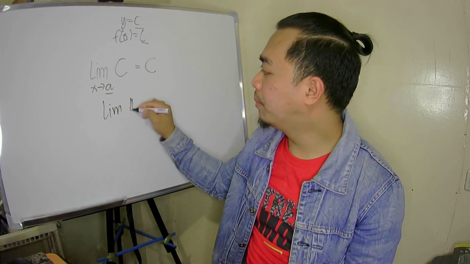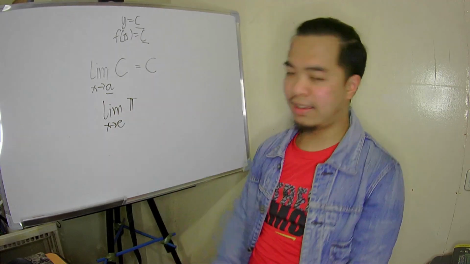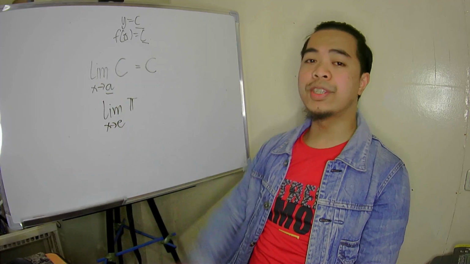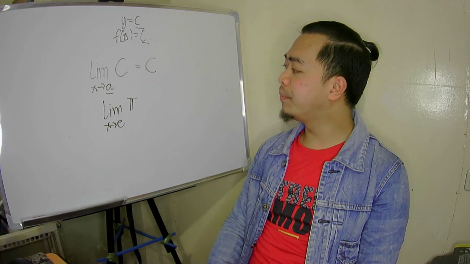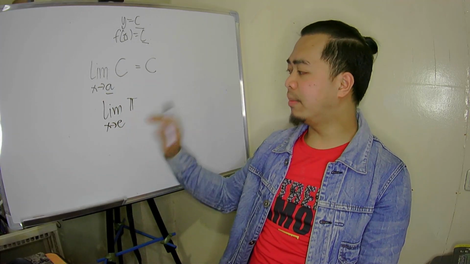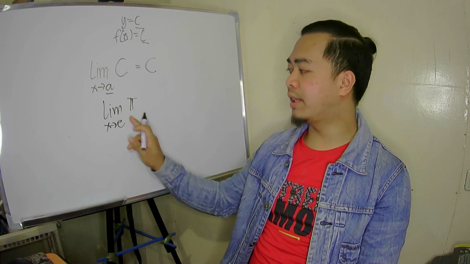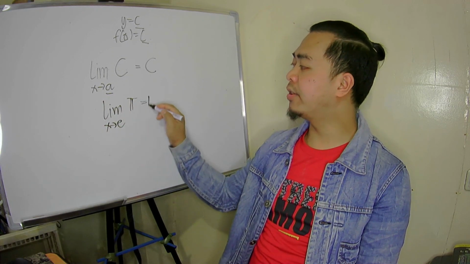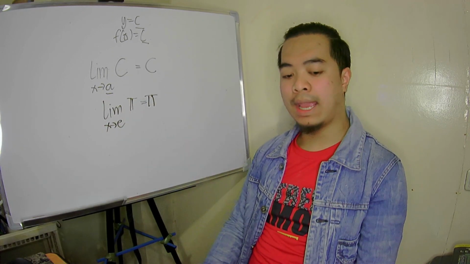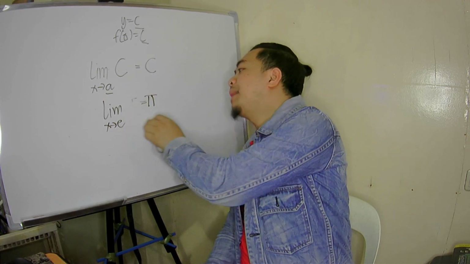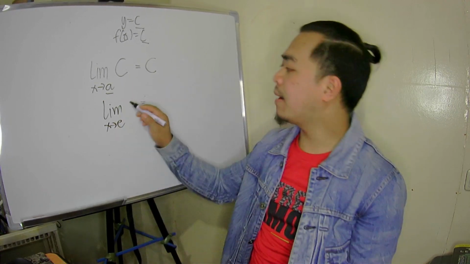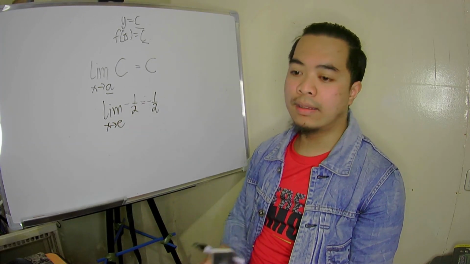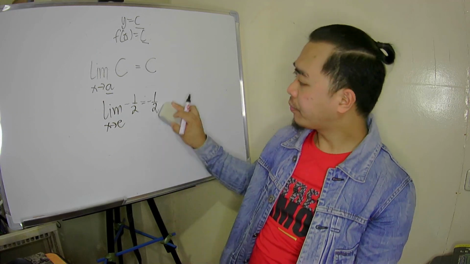So, anong halimbawa nito? The limit of pi as x approaches e. Medyo irrational na kasi yung numbers na ginamit natin, but of course, the limit property still holds. This is a constant, it's a real number. This is also a constant, it's a real number. We do not actually care doon sa kung ano yung ina-approach ni x because the answer immediately is pi. Kung palitan natin ito ng iba pang constant, negative 1/2 for example, ang sagot din natin ay negative 1/2. So very easy. Very easy yung number 1.